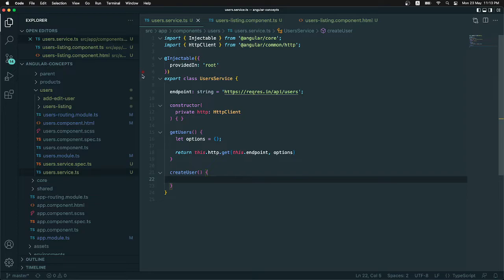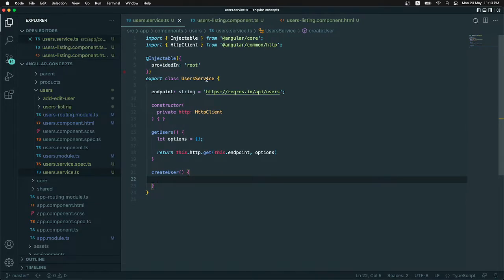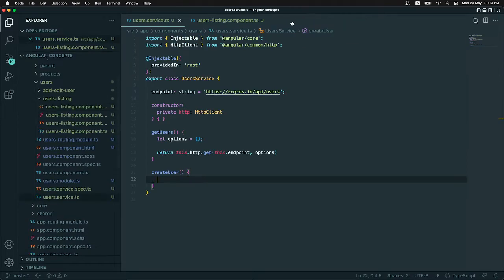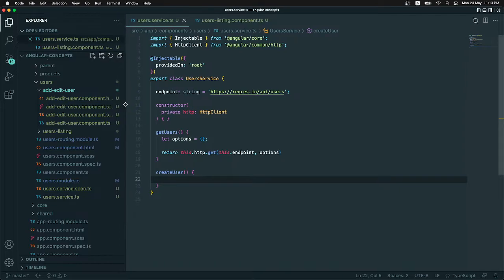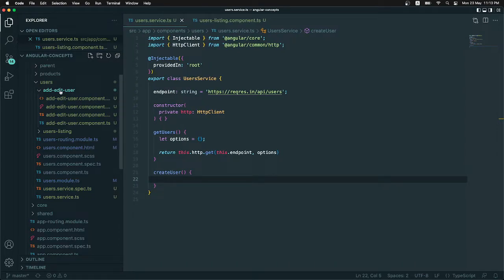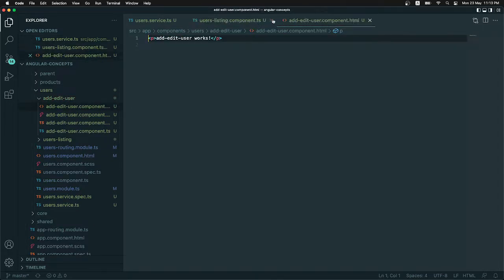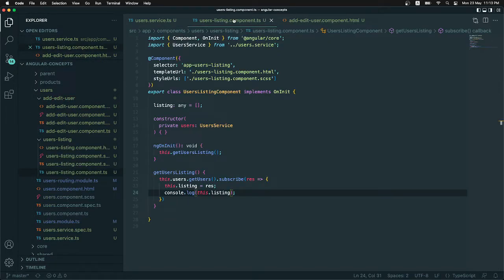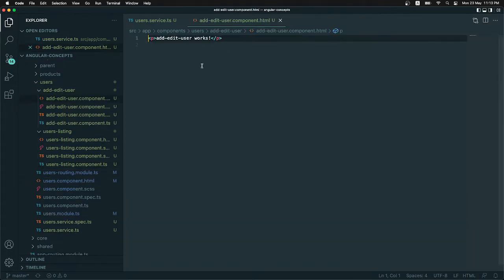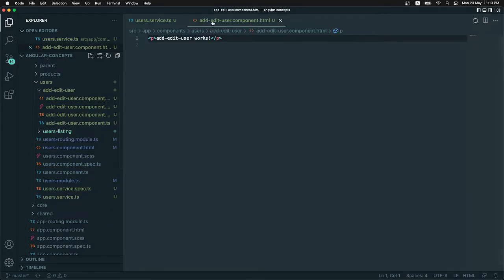So now we have a user service, and inside that service, before going into that, let's close this users listing HTML file and open the users, which one, the add edit user, right? So this is the add edit user. Let's close this one as well, users listing. So now we are going to make a form